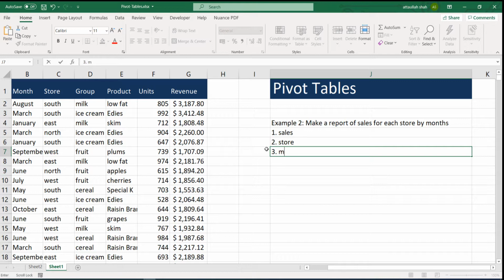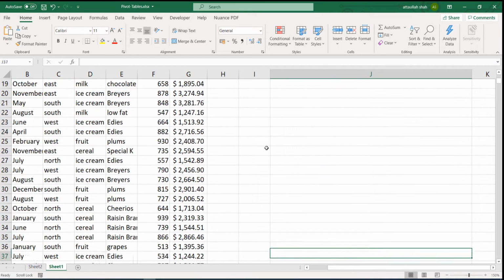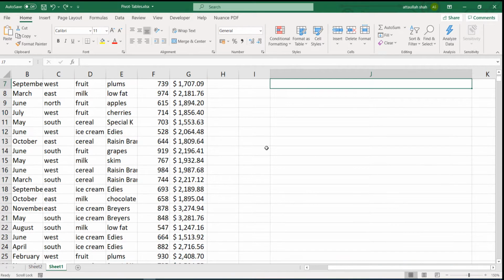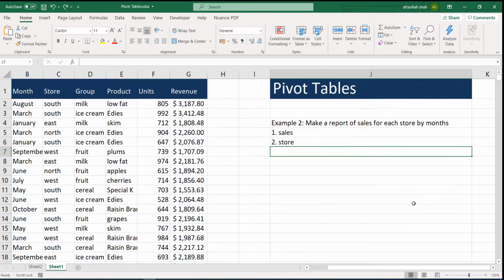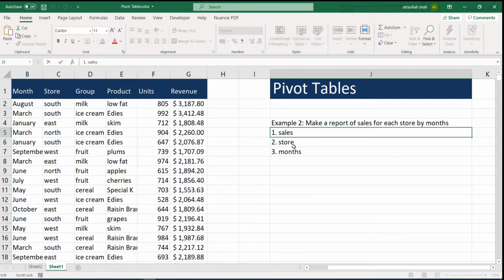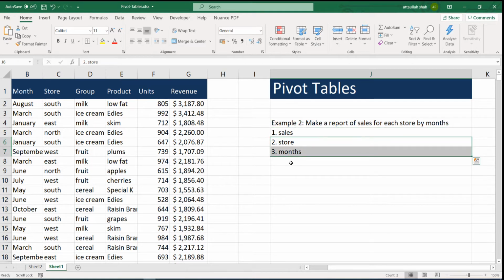Okay, so 2 of these will make the rows and columns, and the third one will go to the values. So which one should go to the values? It should be sales, and we have options to put store into rows and months into columns or otherwise.